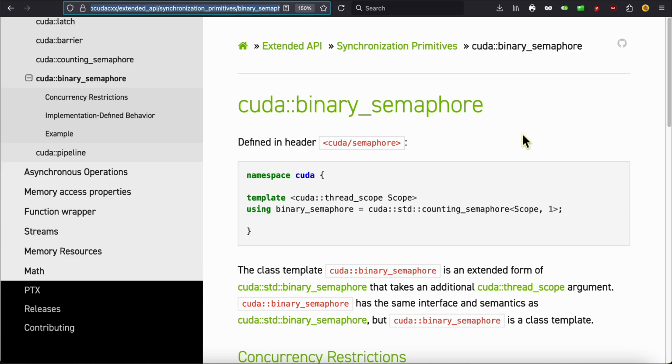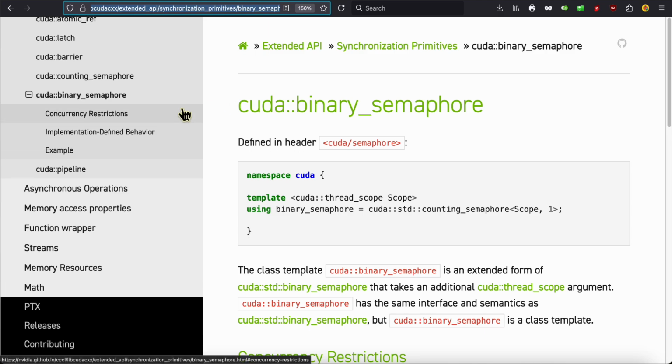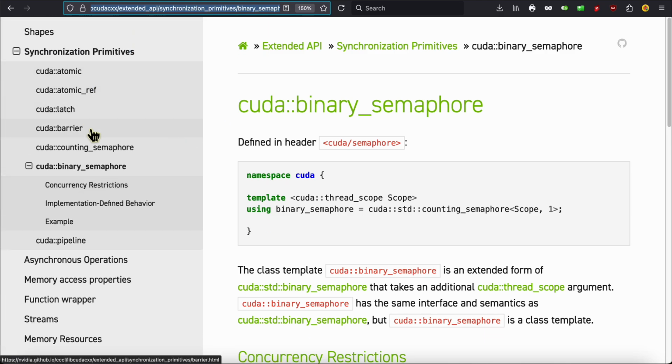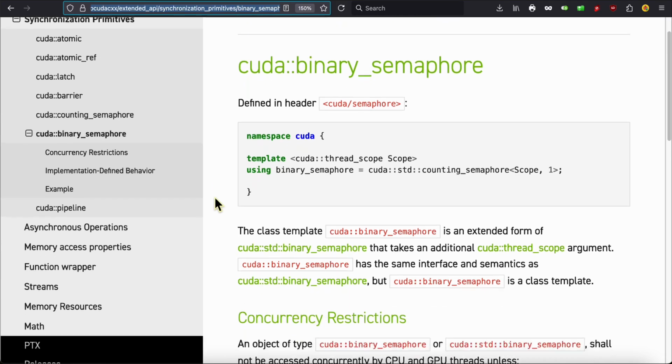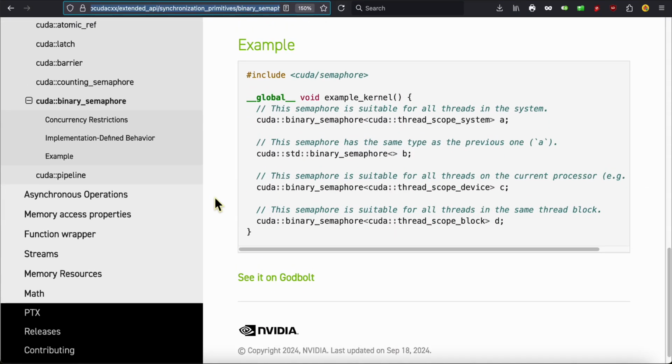Now CUDA has a number of items that they've copied or implemented from the standard library, and among those is a whole bunch of synchronization items. Atomic, obviously, a latch, a barrier, and what is called a counting semaphore. And if we just count to 1, then that reduces to a mutex. They've helpfully included examples, which are not very helpful because that doesn't actually tell you anything about how to use it. If you want to get the examples, just go to the examples for the standard library. But unfortunately, those do not apply when you look at CUDA code.